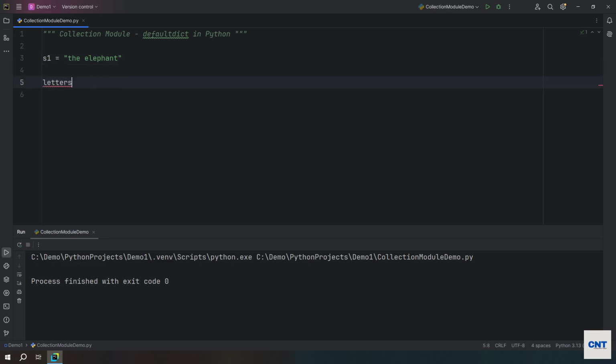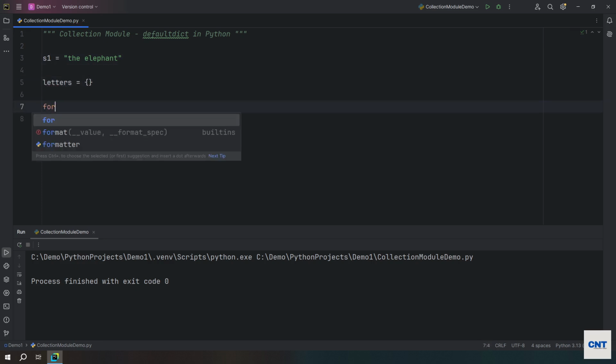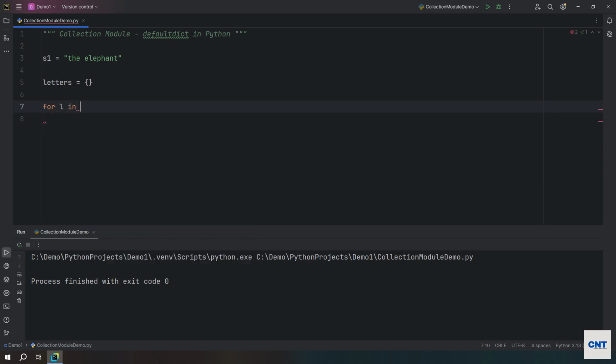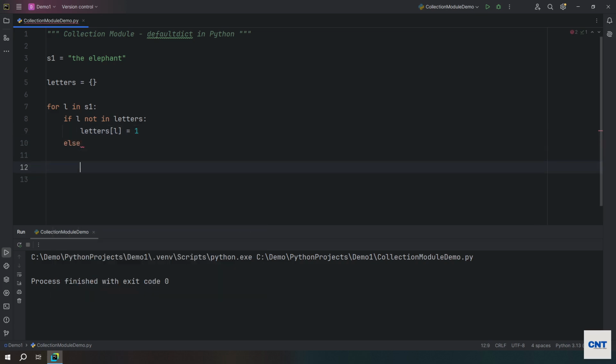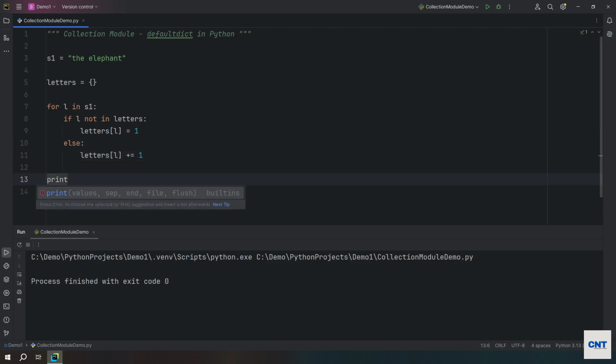I have a letter dictionary, which is a blank dictionary. I will apply a for loop, for L in the string. We will check if L is not in letters, then we will create an item with value 1, else we will increment the repeated count. This is very simple. Now if you print the letter dictionary,